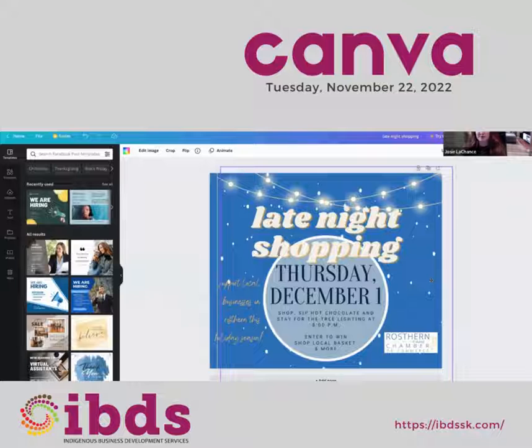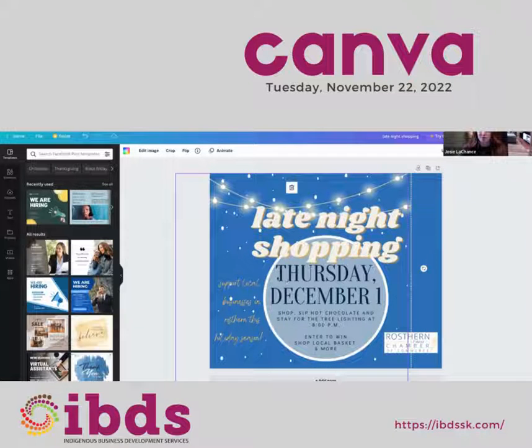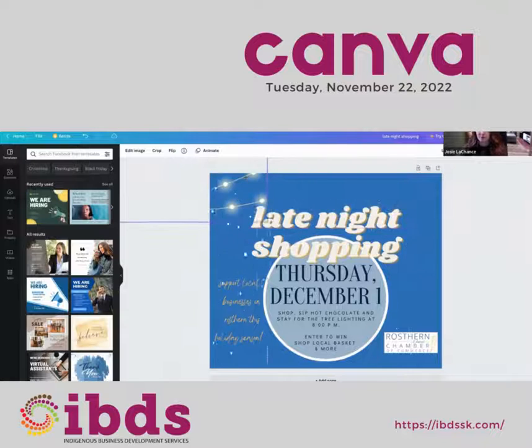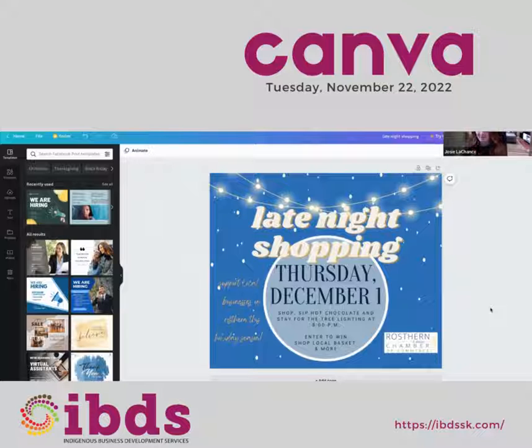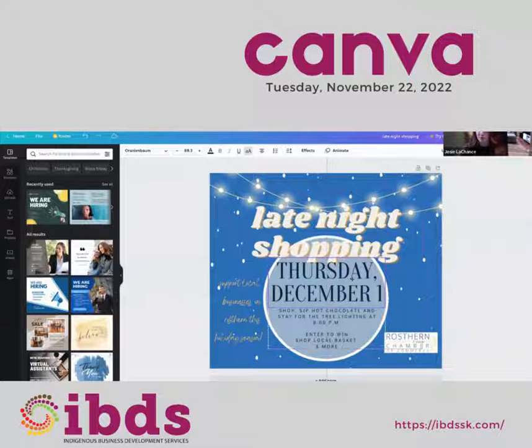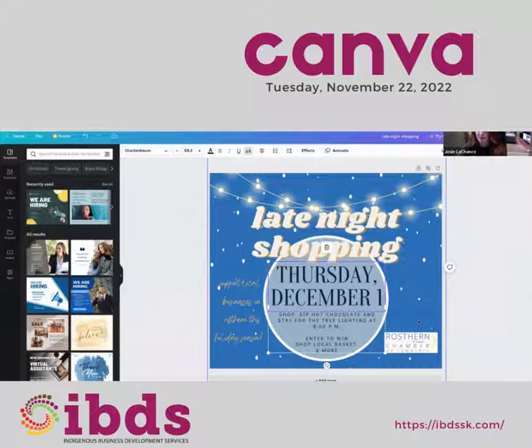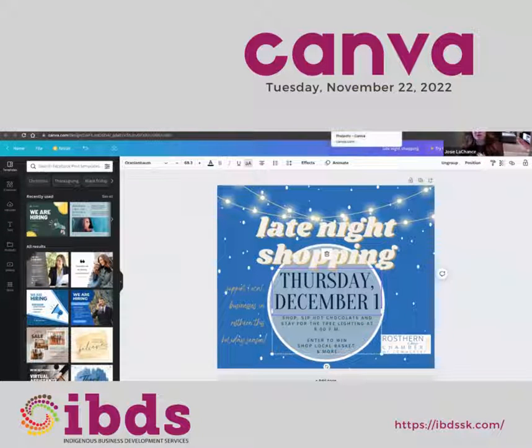Or if it becomes too busy and you're trying to work on something else, you can just move it off to the side to get it out of the way for a little bit. But my favorite thing that I use the grouping tool for is the text, because you work hard to place the text perfectly. It's all perfectly spaced out. And now I can just move this all as one, and I don't have to worry about any text getting out of line and me not noticing it before I post it on social media. So definitely a good feature to use.